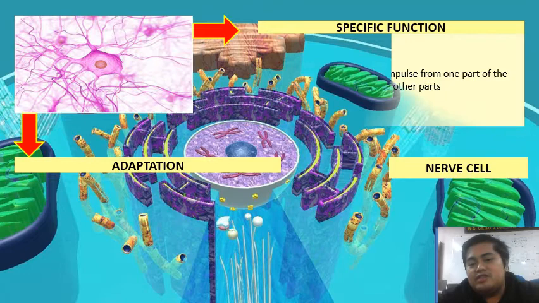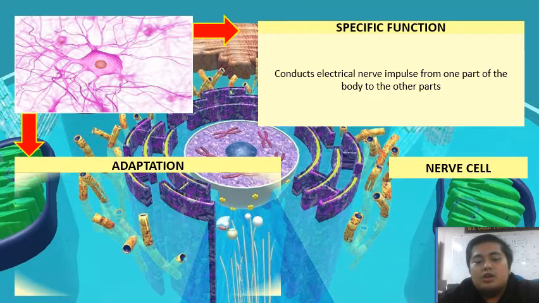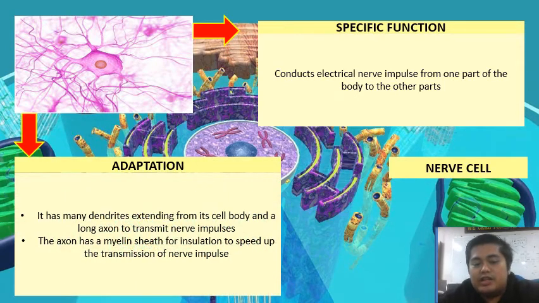So specific function dia is to transmit ataupun conduct electrical nerve impulse from one part to another part of the body. So dia punya adaptation pula, it has many dendrites extending from its cell body and a long axon to transmit the nerve impulse. So the axon has a myelin sheath for insulation to speed up the transmission of nerve